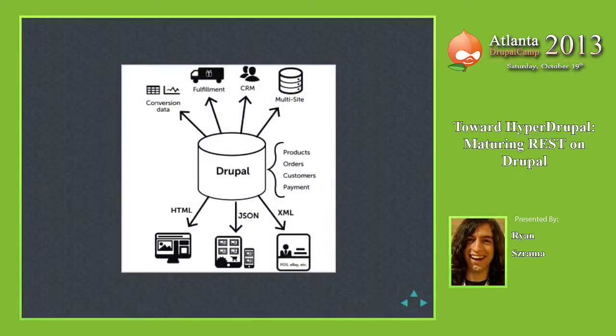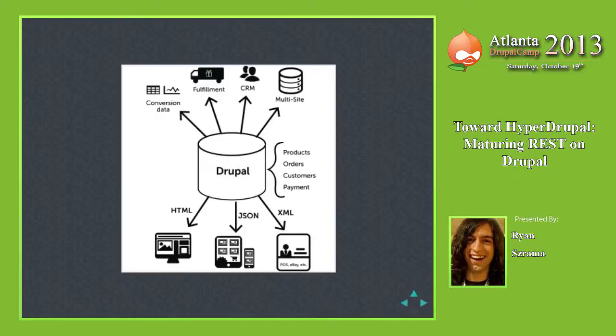So where I see Drupal sitting is right there in the middle between how it's being displayed and rendered in browsers, on mobile devices, point-of-sale systems, whatever, and then all the back-end systems. You can communicate from the back end of the stack to the front end, so that whether someone finds you through their home PC and their web browser, or is out and about on their mobile device, or comes into your store where they interact with you on your point-of-sale kiosk, that information can come into your web server through a REST API or just through a web server, the World Wide Web, and then it can go out to wherever you're doing your analytics, your fulfillment, and everything else that actually drives your business.